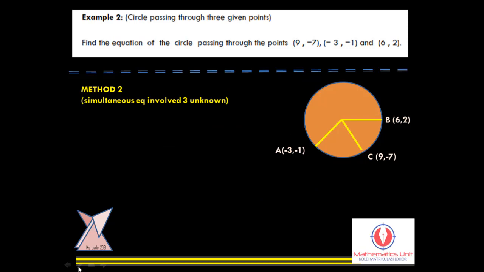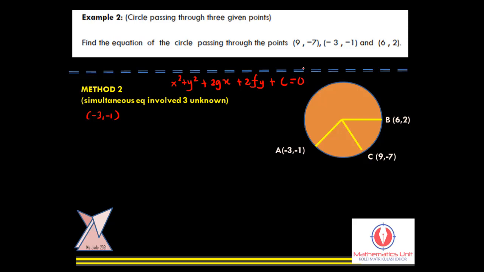For the second method, it will involve simultaneous equations through the unknowns g, f, and c. This method is much more complicated, but it can still be done. I will show you how to use a calculator to assist you in getting the values. Firstly, maybe you should write down the first point, which is (-3, -1), and we have to use the general equation x squared plus y squared plus 2gx plus 2fy plus c equals